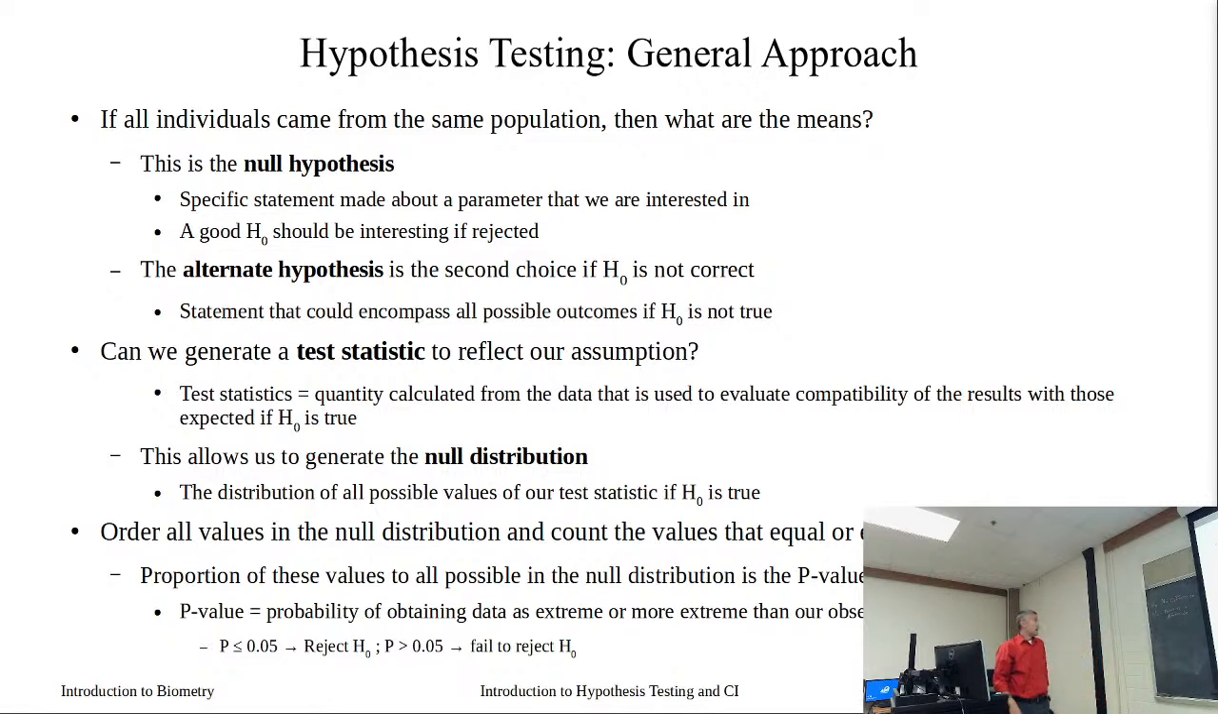Well, if we assume that the null hypothesis is true, then we have what is called a null distribution. A null distribution is all of the possibilities of a test statistic that we will use to assess the validity of our null hypothesis. So if we take, for example, our wing